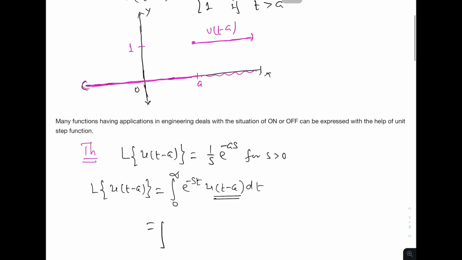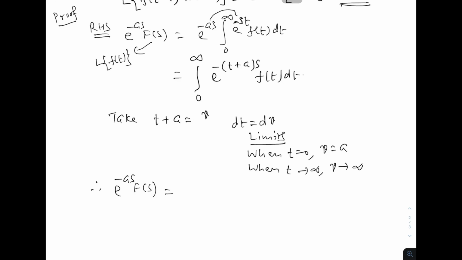So when t is 0, v is a, and when t tends to infinity, v also tends to infinity. So therefore e to the power minus as F(s), this part, equal to this one, and if you apply this one, then that is nothing but